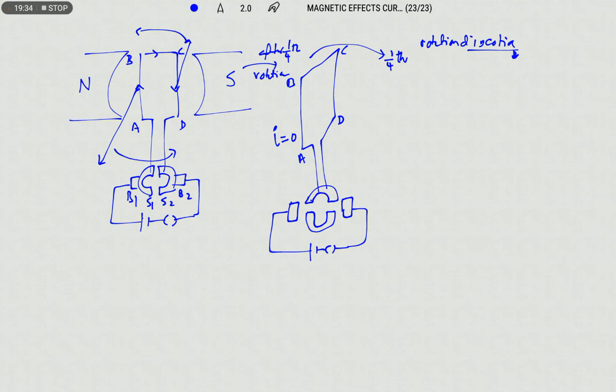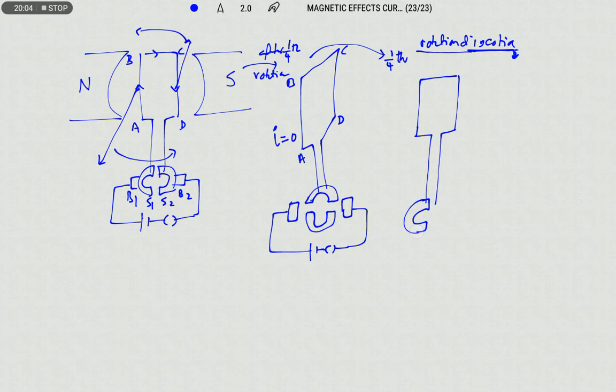Slowly the fan is coming to rest, not at the same time when you switch off the fan, it won't come to rest because it is in motion. What kind of motion? Rotational motion. Because of rotational motion it has some inertia. That inertia is known to be rotational inertia. So with that inertia only it is going to make a further 1/4 revolution. Now the orientation of the coil in the magnetic field will be like this.